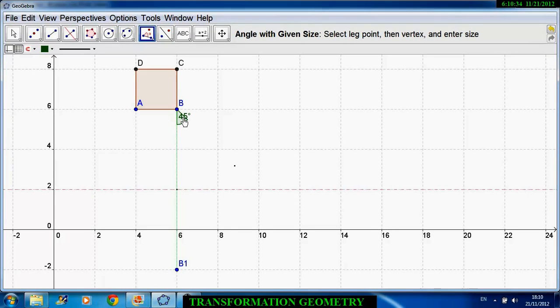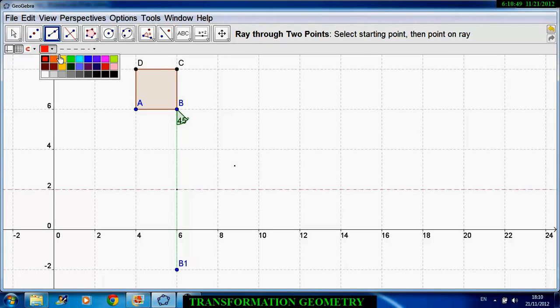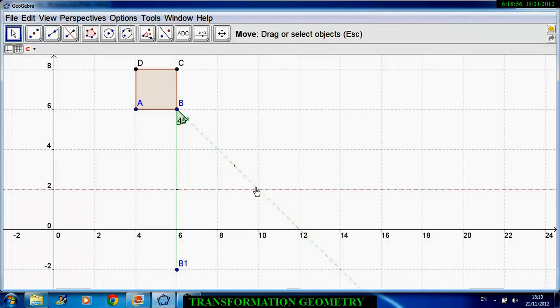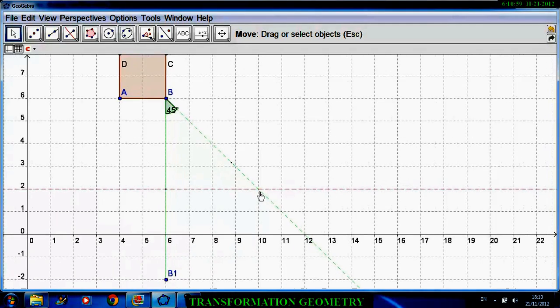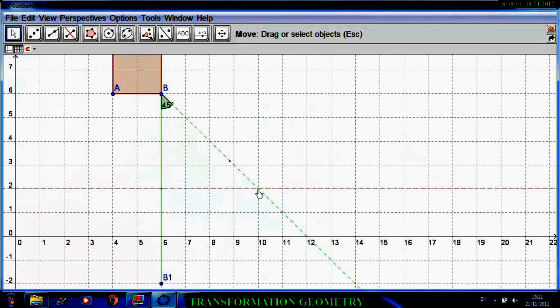Click OK to that, we can see there's our 45 degrees, like so, and running through this point on to meet that line will be our center of rotation. So I'm going to construct just a light line. It will be a ray through 2 points. I'll keep it in lime green for this color, and I'm going to go from a ray through this point up like so. Now we can see exactly at that point where this line touches our perpendicular bisector will be my center of rotation. I could alternatively go through the center to B1 out another 45-degree angle, that will show it to us,